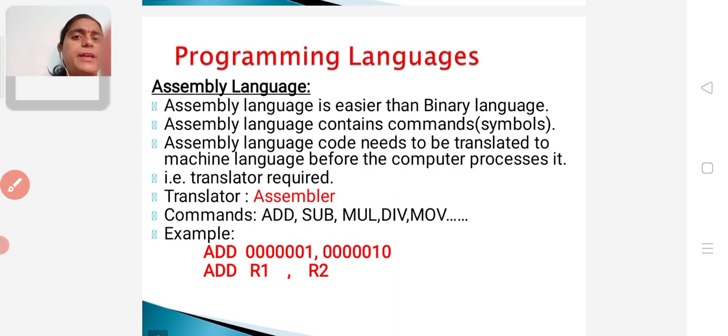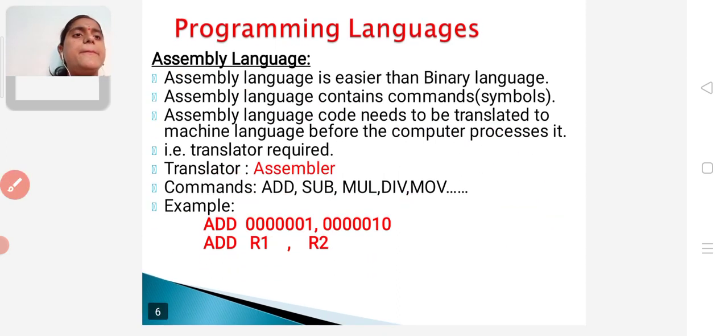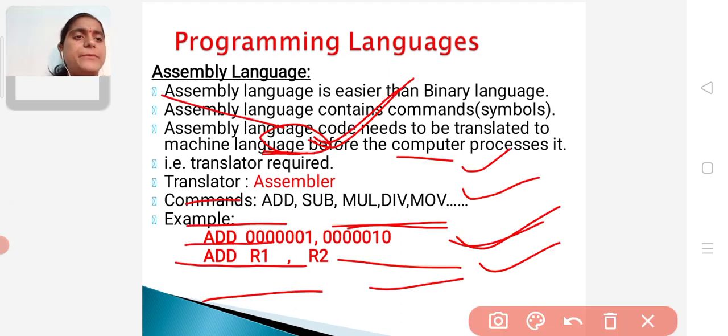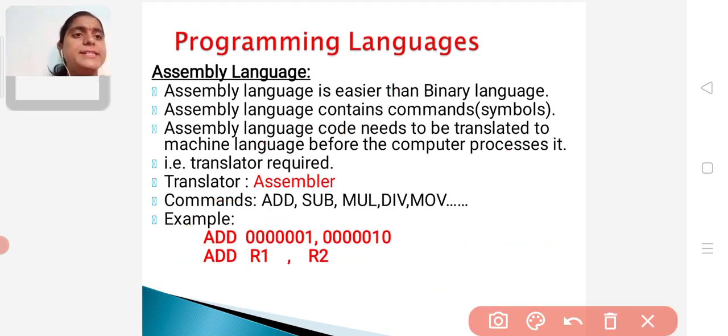assembly language. This assembly language is easier than binary language. Okay, this assembly language is easier than binary language. Why? Because it contains some commands and symbols. Okay, see this one, it contains some like add, R1, R2,